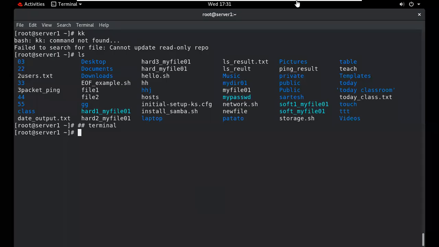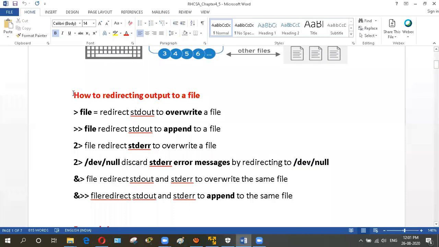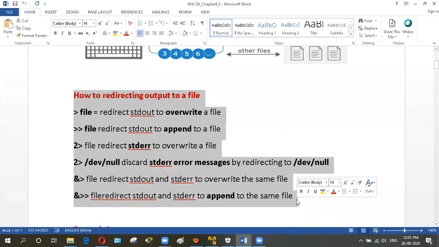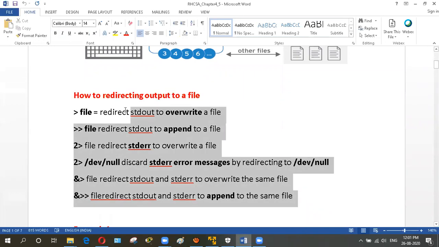I will complete this topic within 50 minutes, only these topics. Then the rest will be in another class. So I will complete only these.